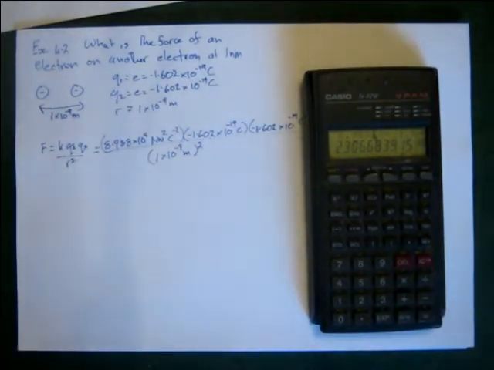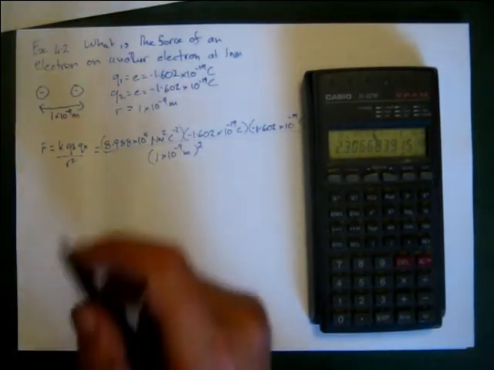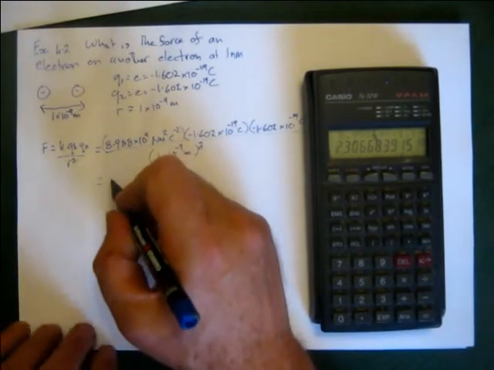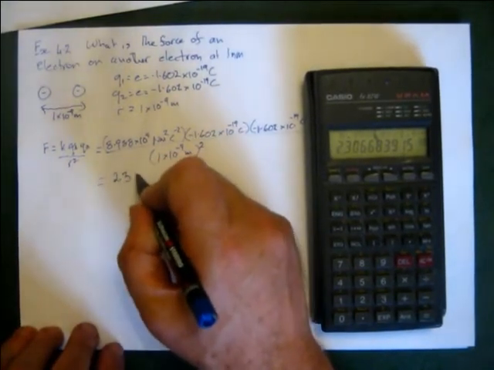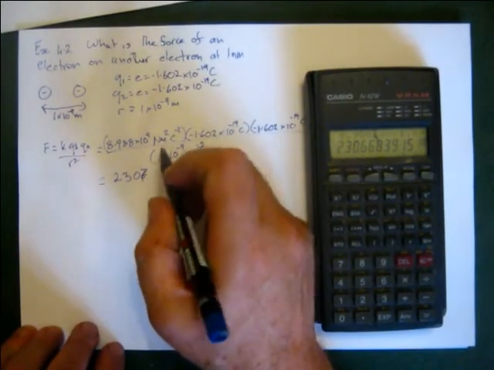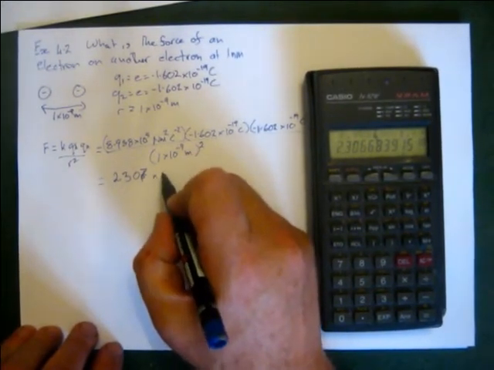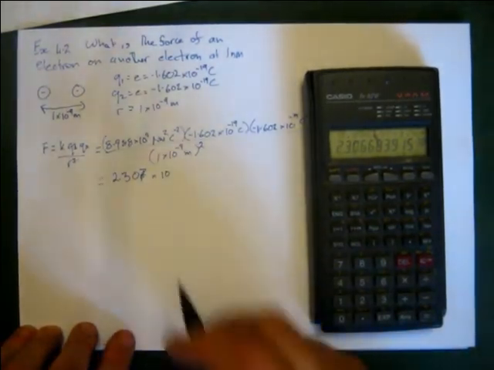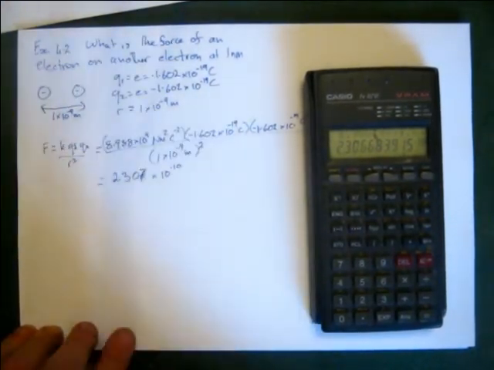If we do all of that, that's going to equal 2.307 times 10 to the negative 10